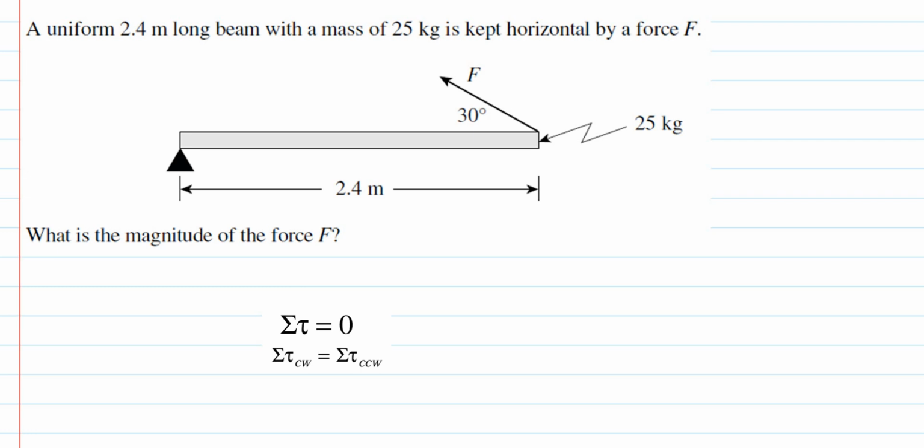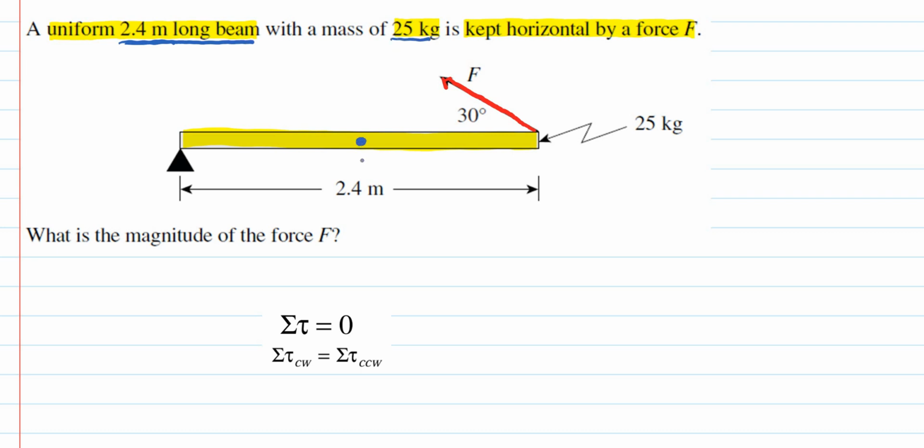Let's take a look at our very first calculation question now. For this next problem, we have a uniform 2.4 meter long beam. So this whole length is 2.4 meters, and it has a mass of 25 kilograms and is kept horizontally by a force F. Okay, so the force F here is going in this direction right here at 30 degrees. And because the beam, the 2.4 meter long beam, has a mass of 25 kilograms,